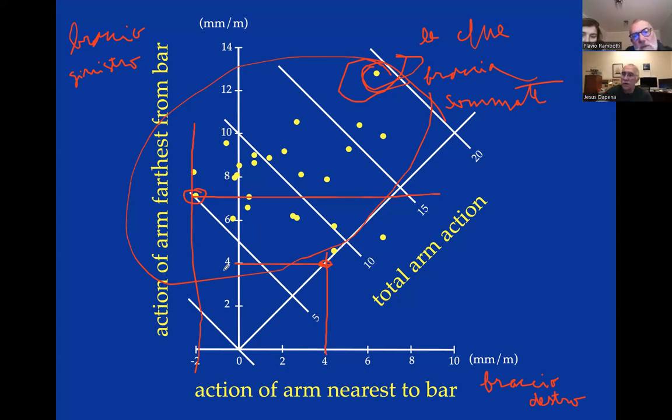I'm looking at both arms because I'm looking at this diagonal value. This one is the best one because the diagonal value is something like 19. And this one here, the value is about 5. So the diagonal is the ultimate thing you're looking for. That's what counts, the sum.